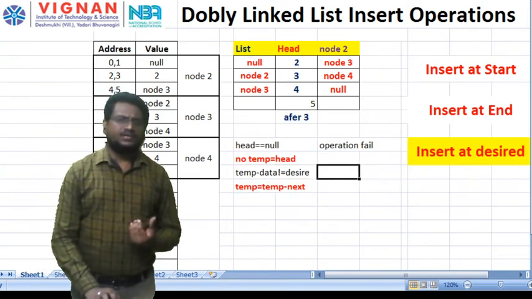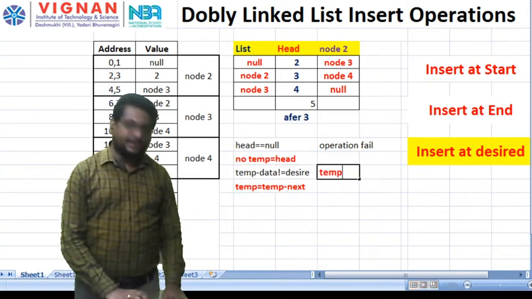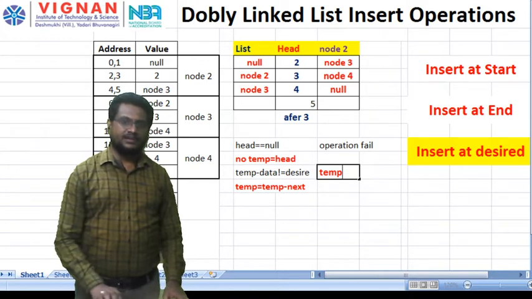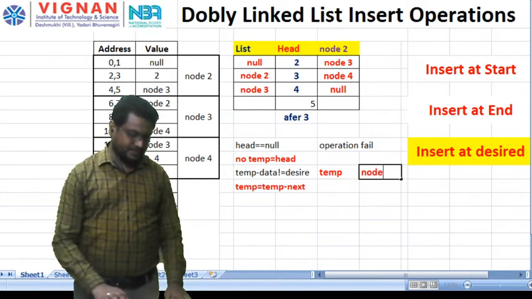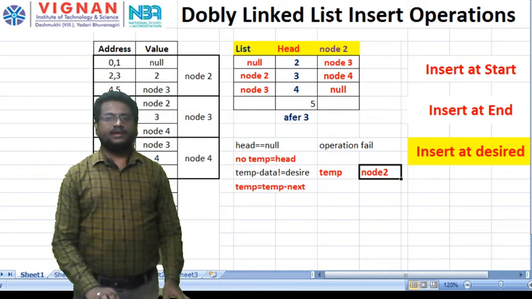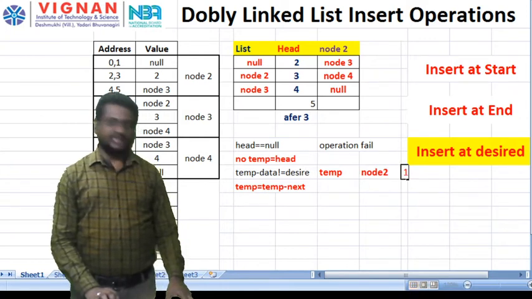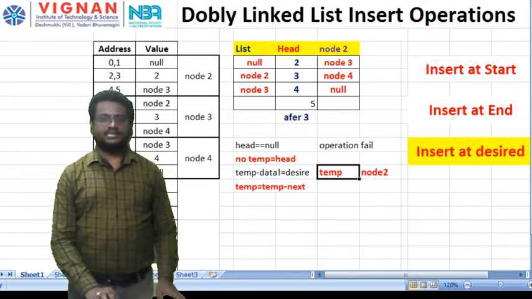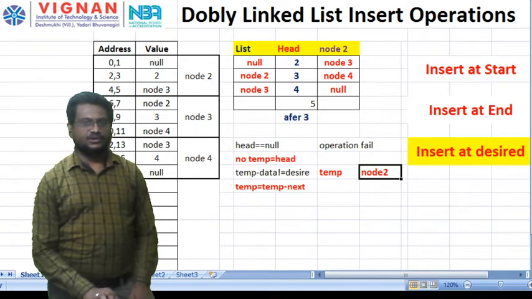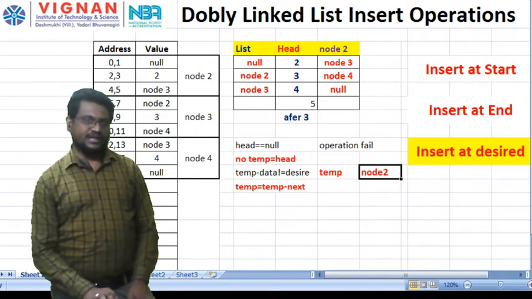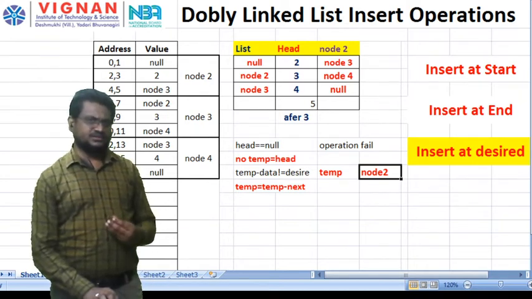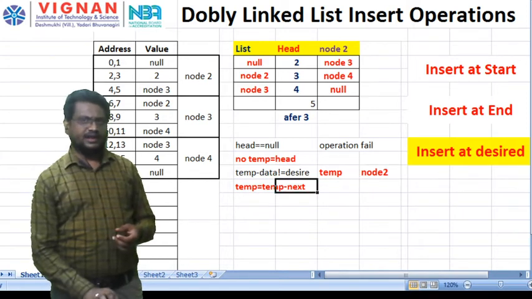Now in the first iteration, what is the temporary variable? Node 2. Am I right? In the first iteration, the temporary variable is equal to node 2. Now what is the node 2 value? 2. Is 2 equal to 3? No. Then what am I going to do?